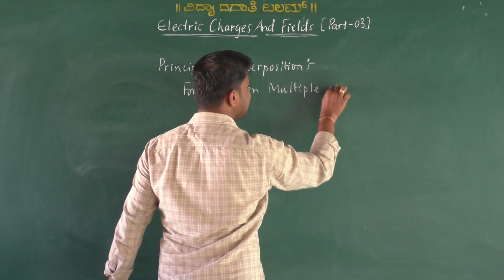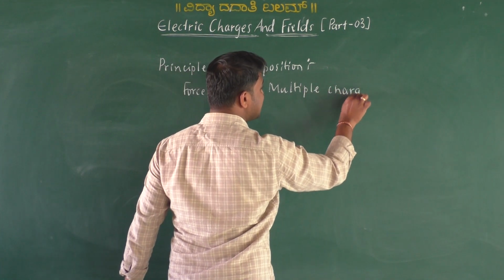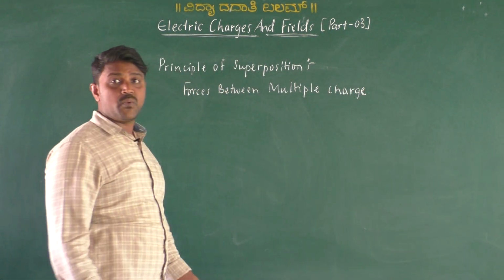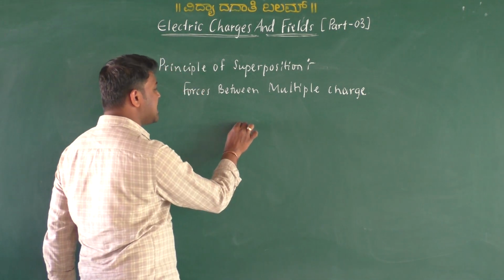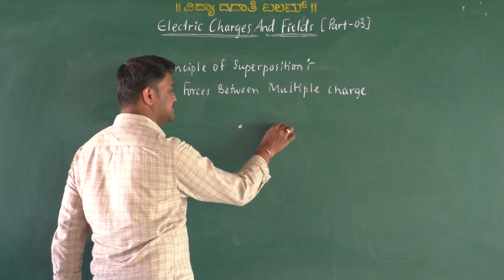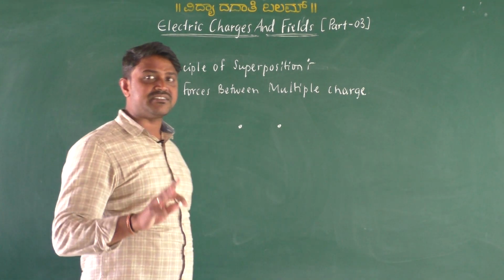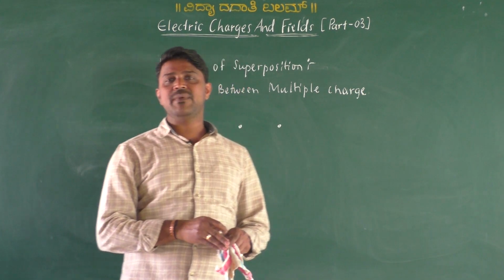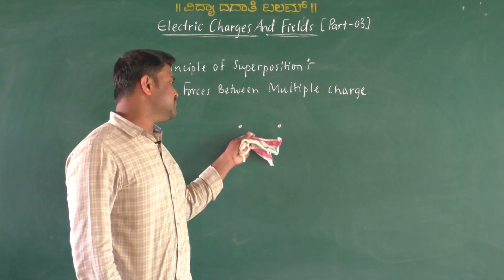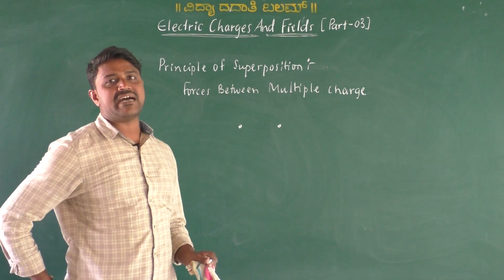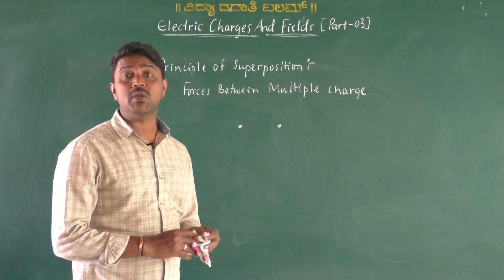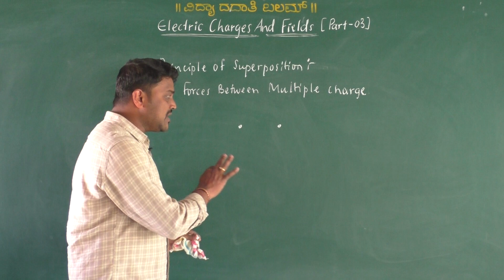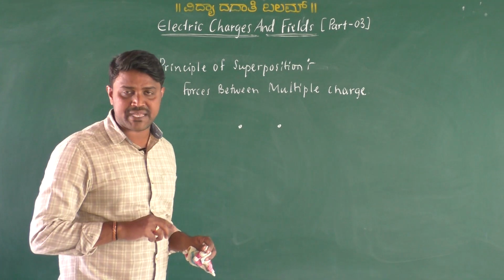Why is it called like that? What is the reason behind that? So we come across this wherever charges are placed in a system. If there is a system with two charges, there will be an interaction between these two charges. That will follow Coulomb's law, wherever two charges are placed in a free space or in the